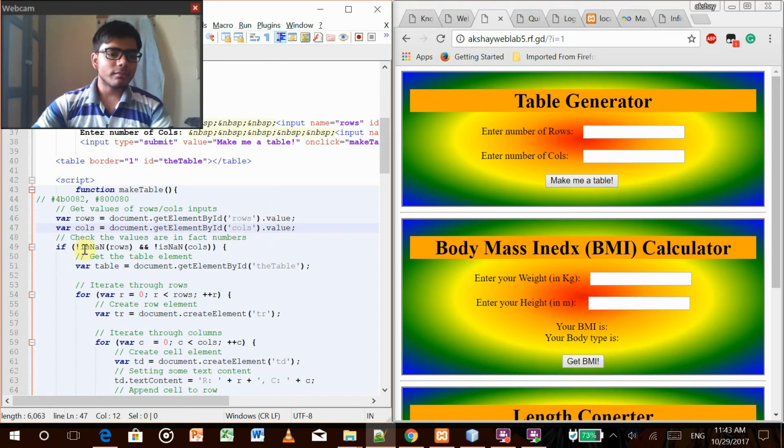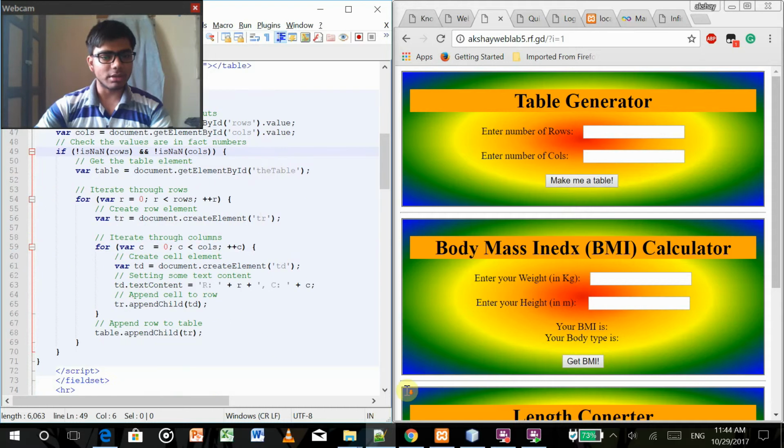Then I've included some condition like isNaN for rows, isNaN meaning is not a number. So when it is not a number, it will just create a table which will not be visible, with 0 rows and columns. And otherwise,